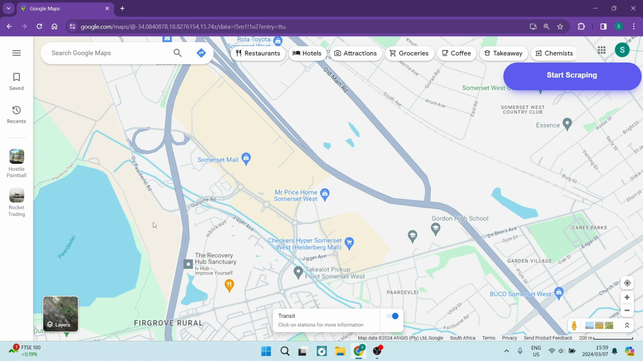Ladies and gentlemen, we are in Google Maps. I'm going to show you how to enable the 3D view. So let's get in. The first thing we want to do is make sure that we are running our hardware